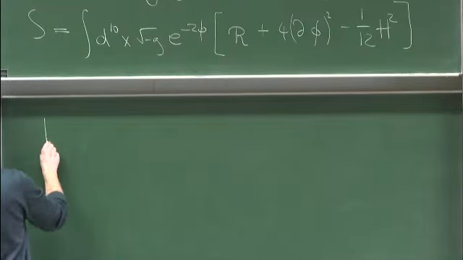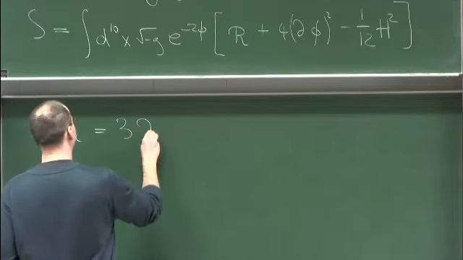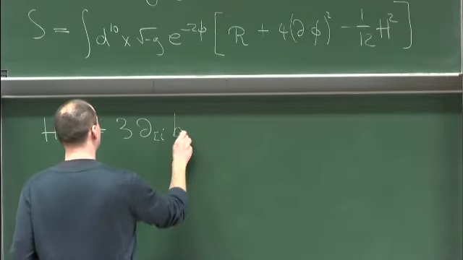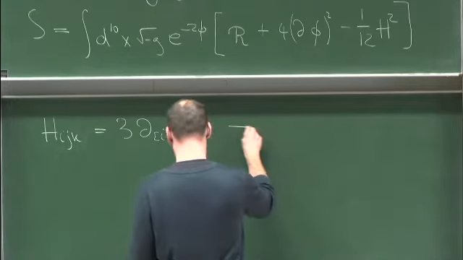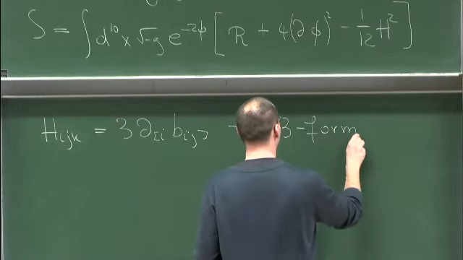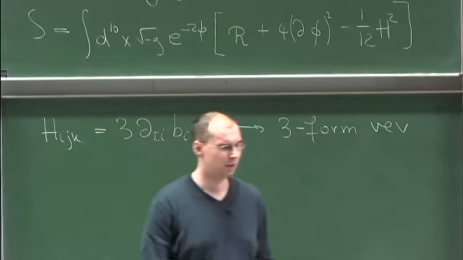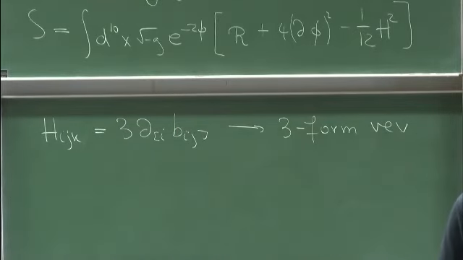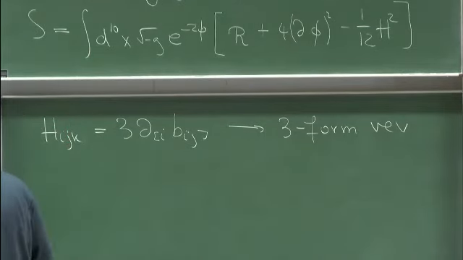As I said, H_ijk is just the field strength of the B field 2-form B_ij. So i, j, k are space-time indices. And now you can give, for instance, a VEV to the 3-form. So you can have a 3-form VEV for the compactification. And that gives rise to gauged supergravity. So that's one example. But the basic observation is,